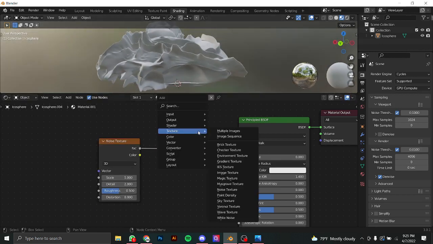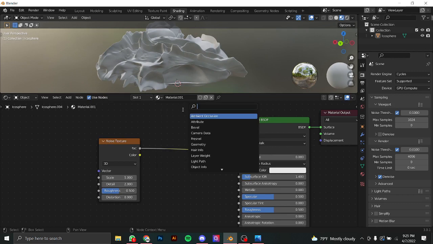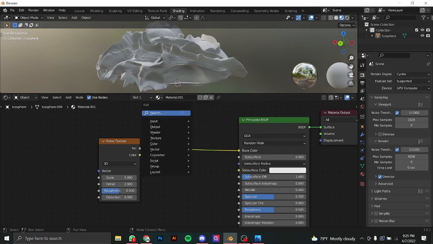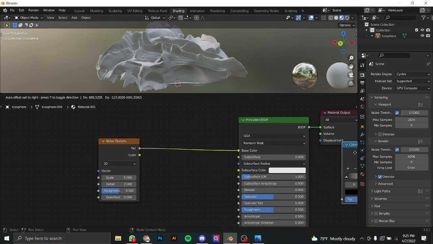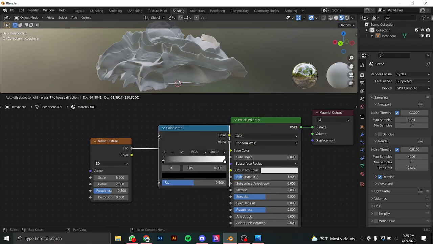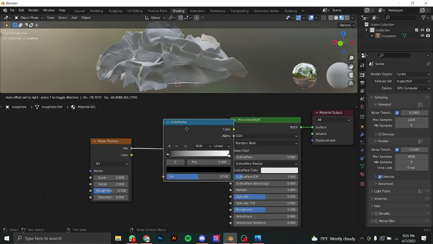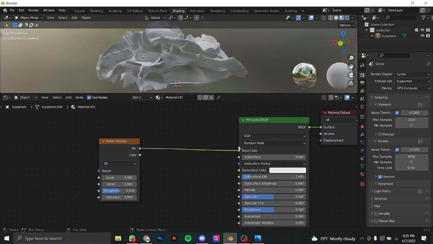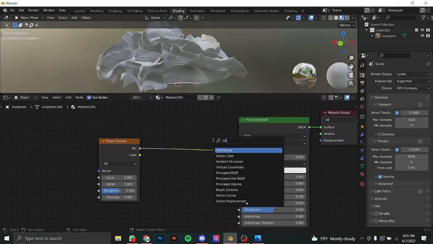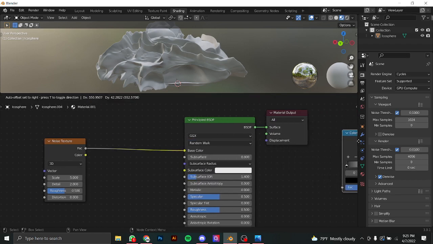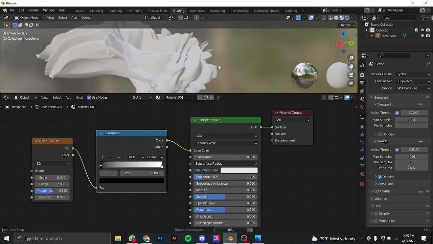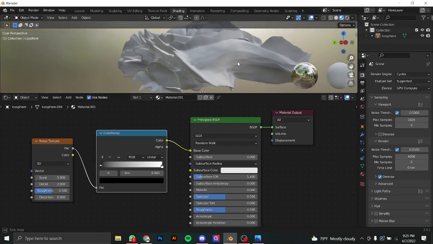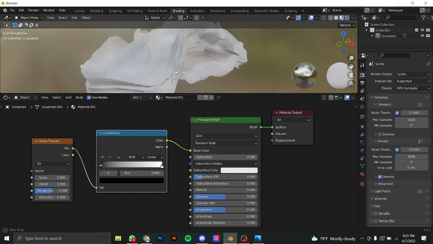So the other one we have to add is called color ramp. So we go Shift A, search, and color ramp. The cool thing about Blender is that you can put things on top of cables. You put color ramp, Shift A, color ramp. If you place the color ramp right on top of the cable, it's gonna affect it. So now it's being affected, but